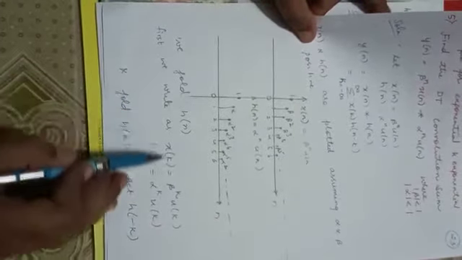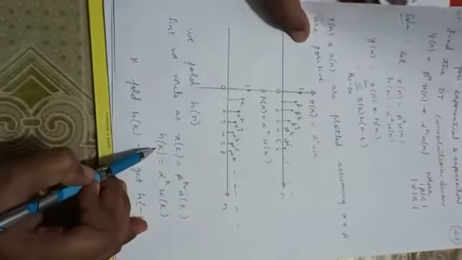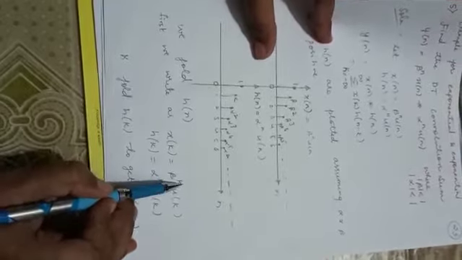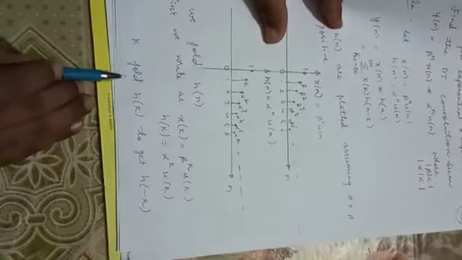First we will write it in terms of the k variable, because that is the procedure for the convolution sum. So when I write in terms of k, x of k is beta to the power of k u of k, and h of k is equal to alpha to the power of k u of k. Fold h of k to get h of minus k. So h of k I have written.